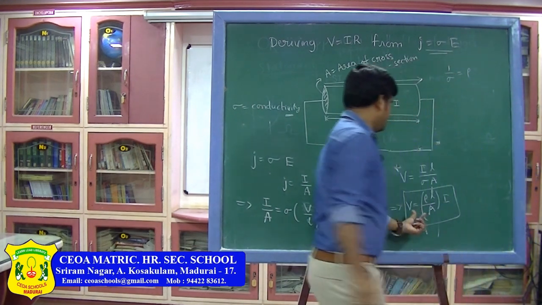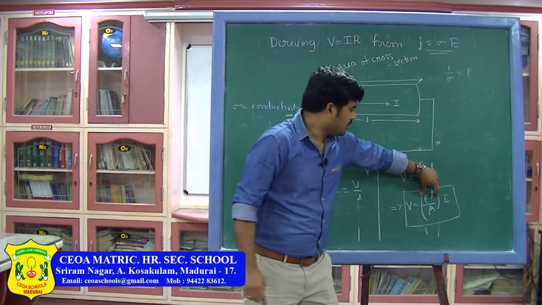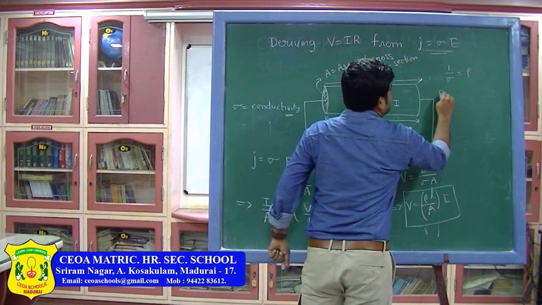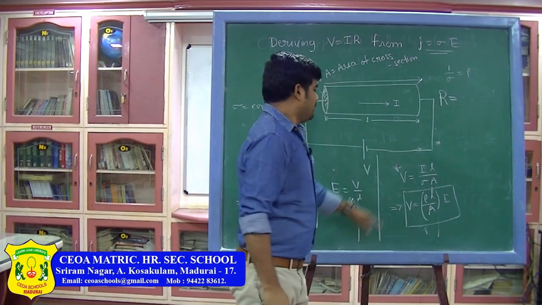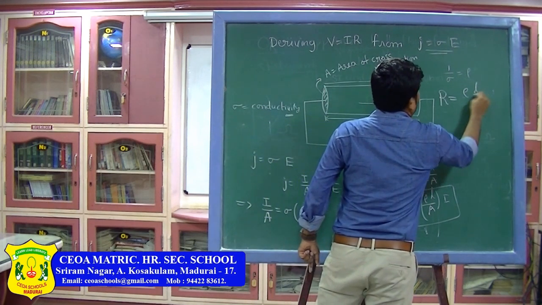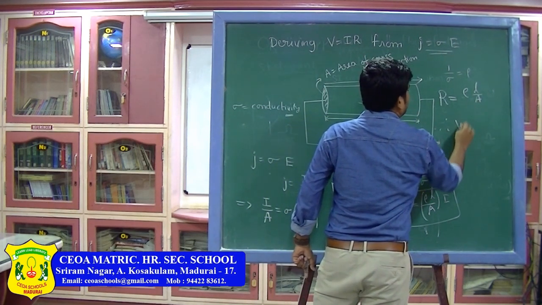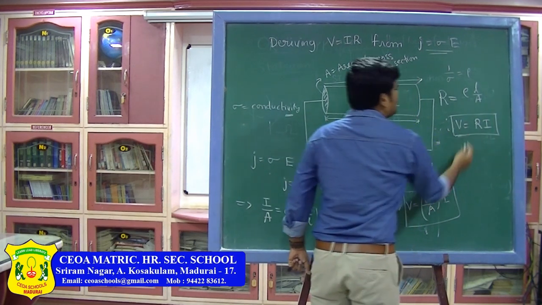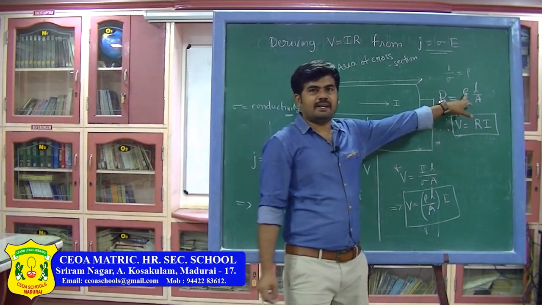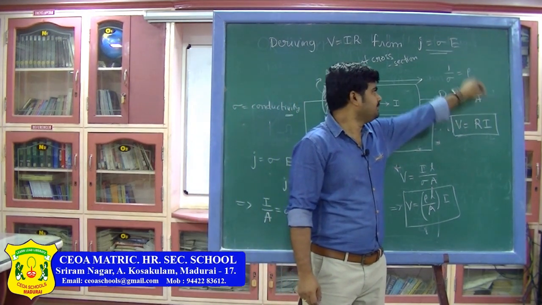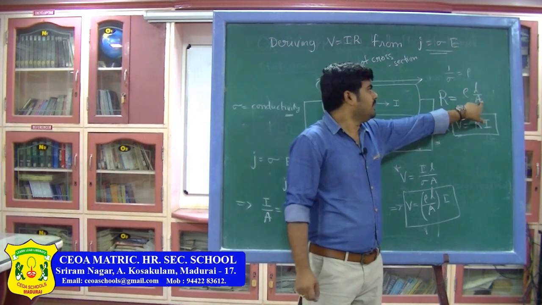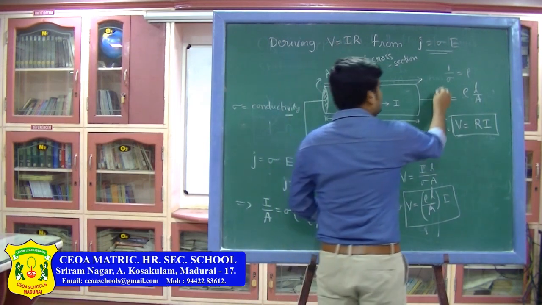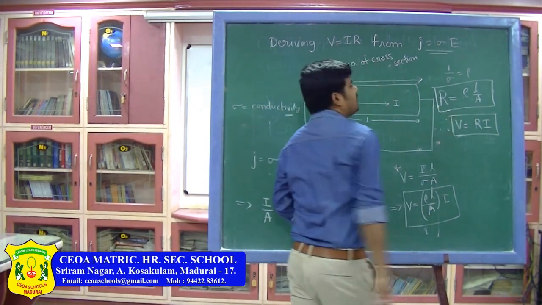Now, this is again V is equal to I into R form. So, the physical quantity in the brackets, rho L by A, is nothing but the electrical resistance of the material. So, I can write R is equal to rho L by A, therefore, V is equal to R into I, which is the macroscopic form of Ohm's law. Remember, this is the expression for electrical resistance of the material in terms of length, area of cross section, and resistivity of the material. It is a very important relation in solving problems for competitive exams.